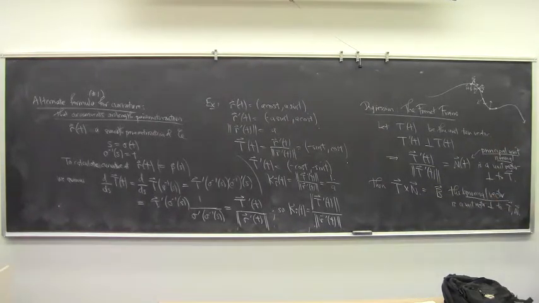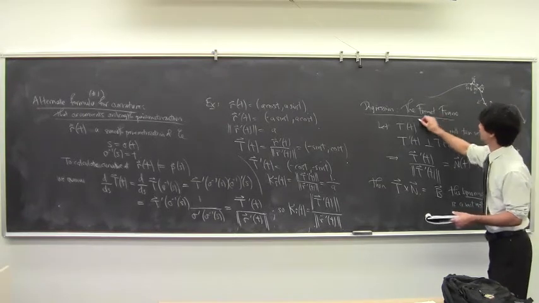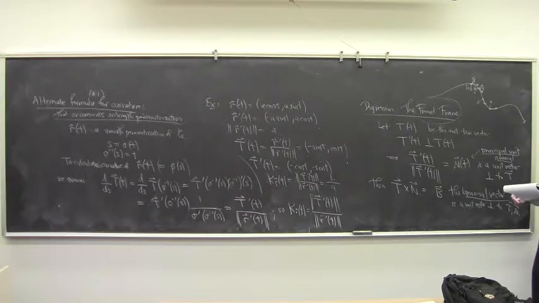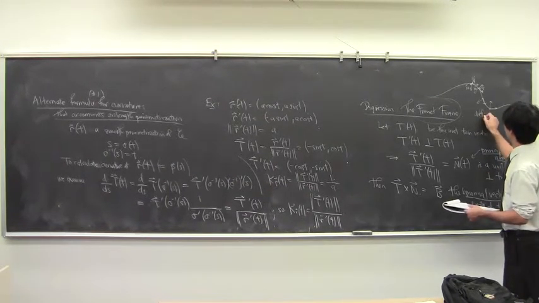And so what you get are these three guys, t, n, and b, which form a moving orthogonal, right-handed coordinate system that travels around with you. This traveling frame is called the Frenet frame. It occurs in differential geometry,